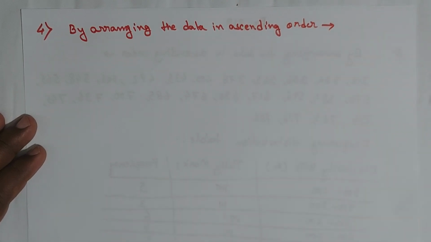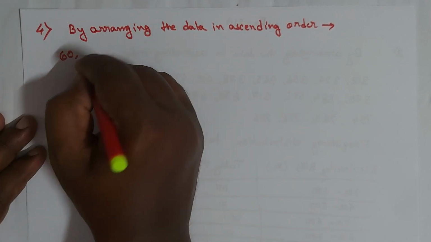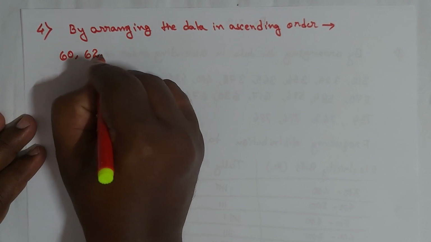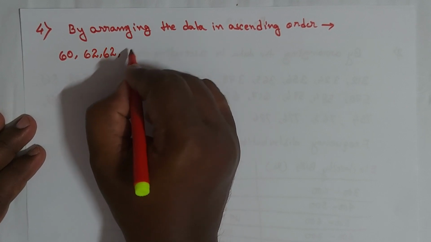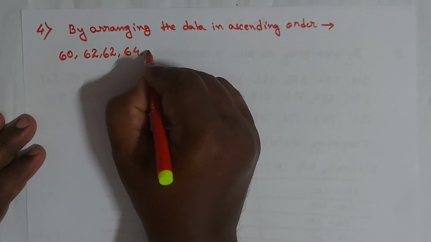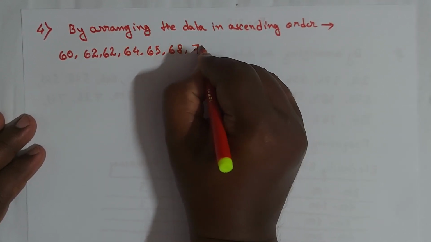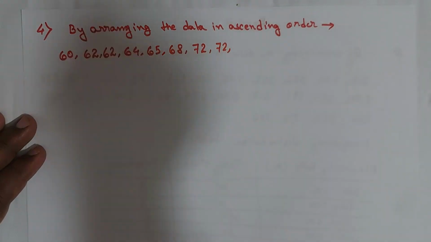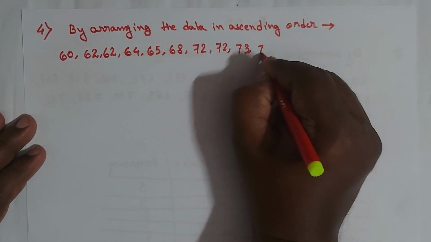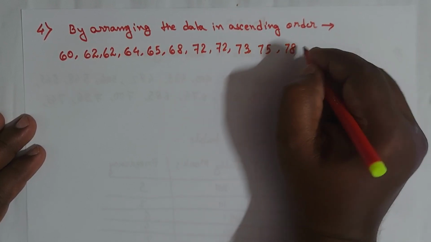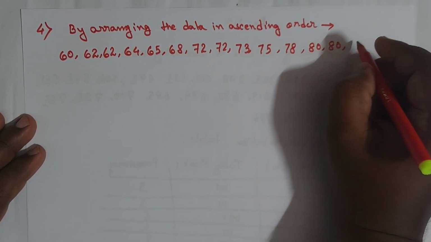First will be 60, then 62. 62 is 2 times, then 64, then 65, then 68, then 72, 72, then 73, then 75, 78, 80, 80 is 2 times, 84,